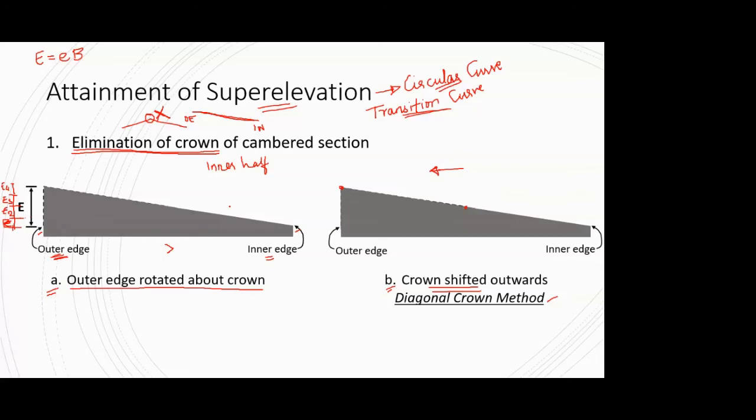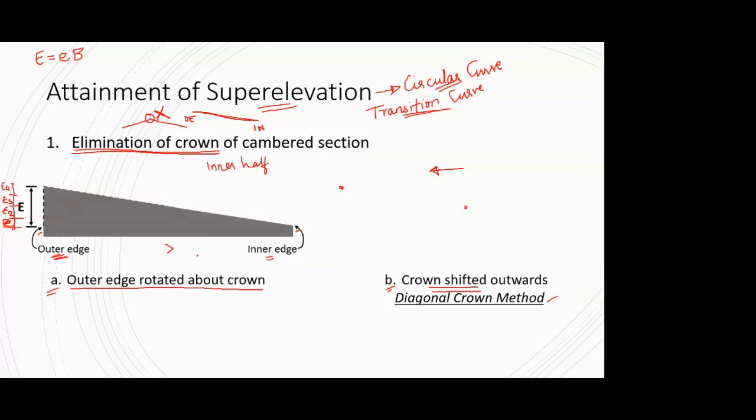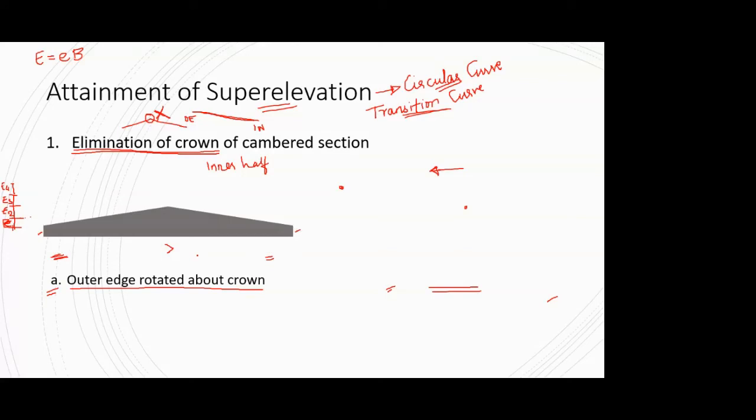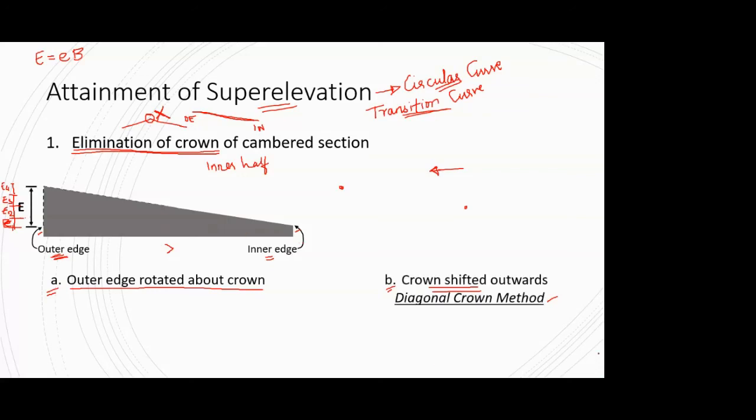Now, if I ask you what would be the drawbacks or limitations of this method, think about it. This is the cross section, and what we have done in both methods A and B is we have simply raised the outer edge. In the first method, we raised the outer edge and tried to eliminate the crown, and we achieved that, and at the end we got a slope for our cross section such that from outer edge to inner edge you have the same down slope, or a down gradient type of thing. And then you attain this superelevation of capital E.